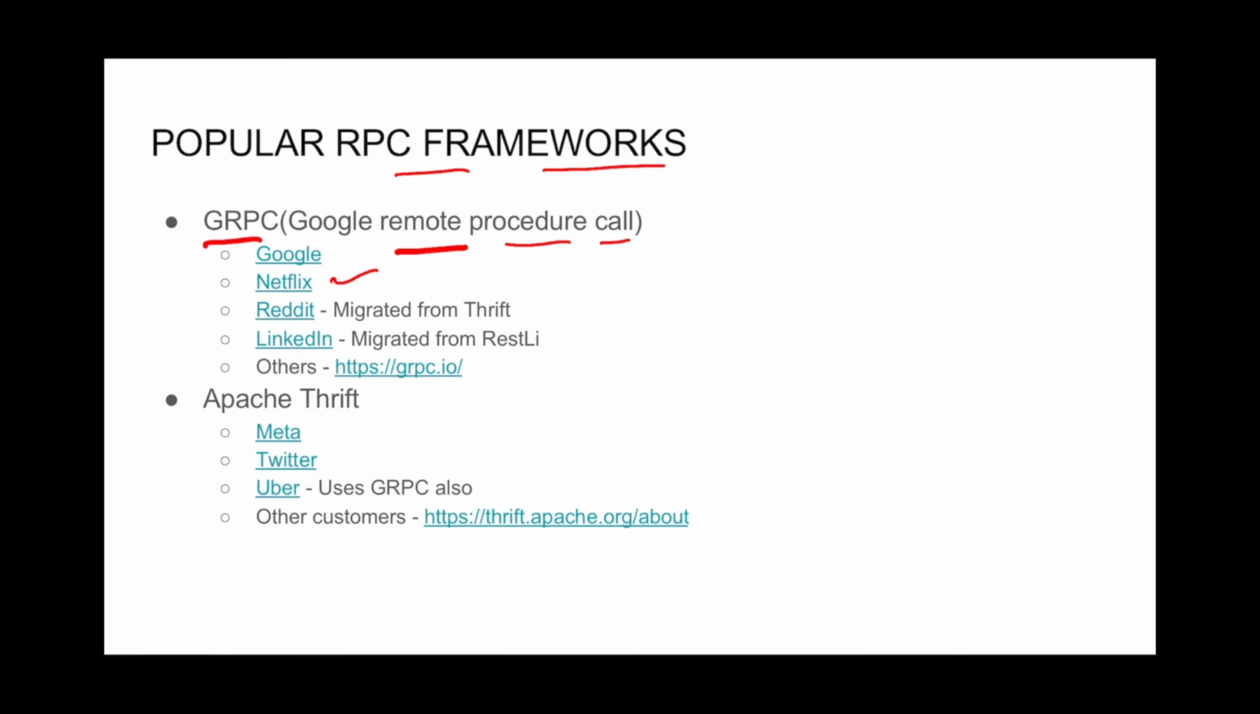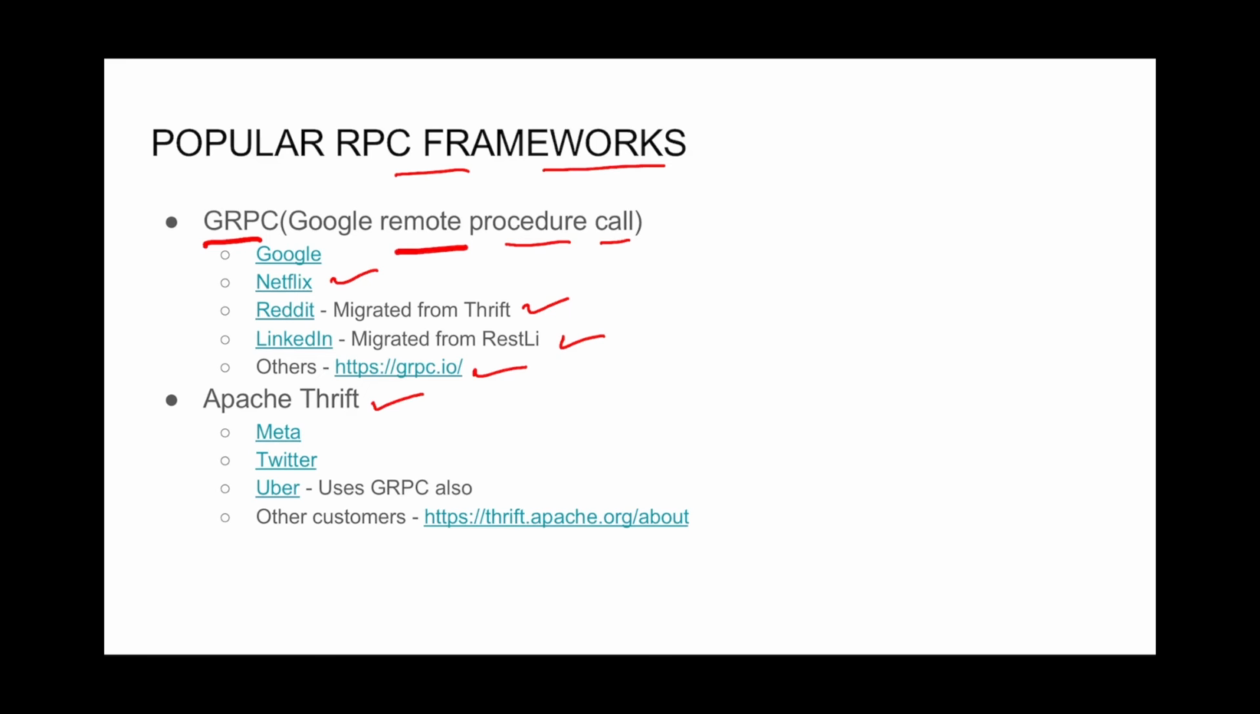Examples are Netflix, Reddit, LinkedIn, who also migrated from REST. Reddit initially was using Thrift, but now they have migrated to gRPC. And there are other companies also, you can open these links and read about how they are implementing gRPC for communication. Then the other important and very popular RPC framework is Apache Thrift, which is used at